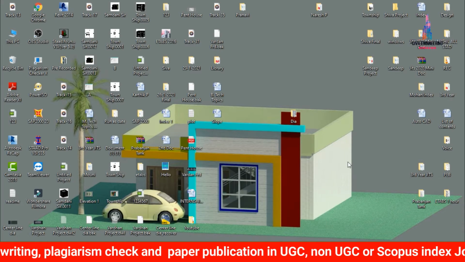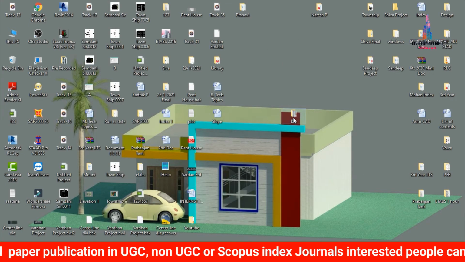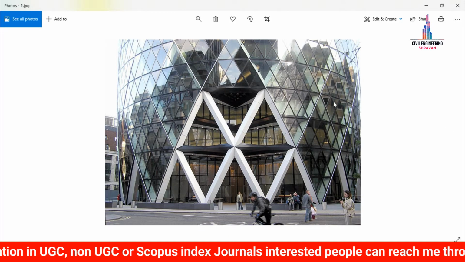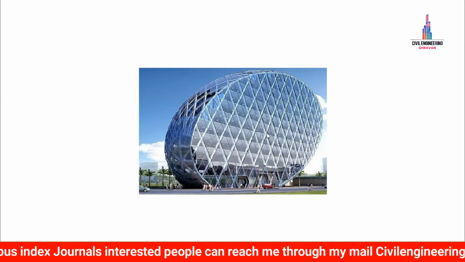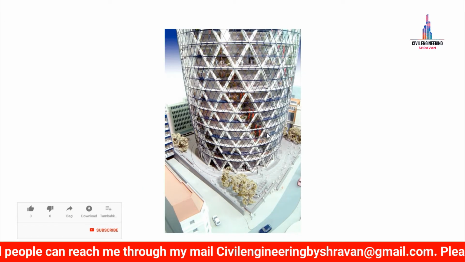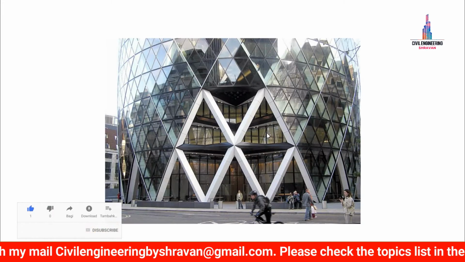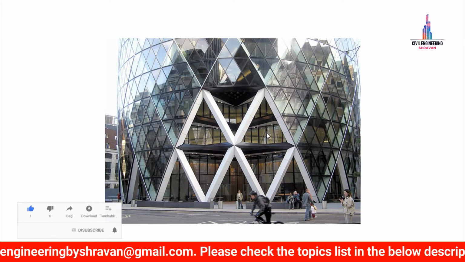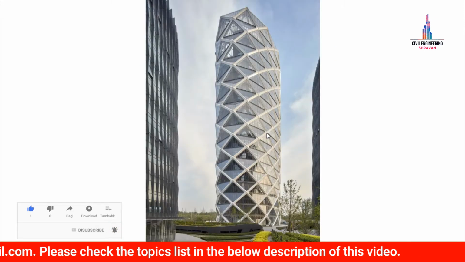Initially, I will show you the models which are related to some examples of the Diagrid system. Select this folder. This is the example related to the Diagrid system. Next, this is the second example, this is the third example, this is the fourth example and this is the fifth example. I will design this Diagrid system, which consists of a regular building. You can apply the same procedure for these entire structures. So these are the examples for Diagrid systems.